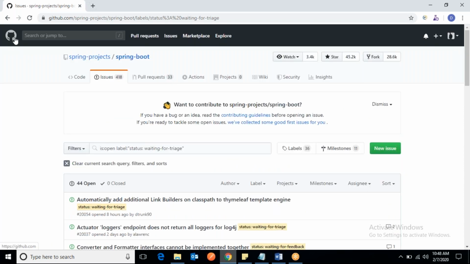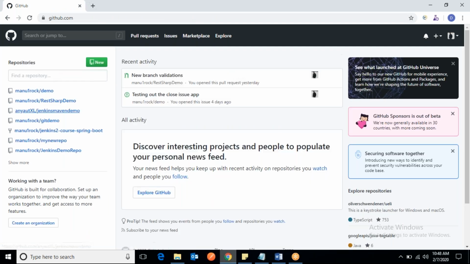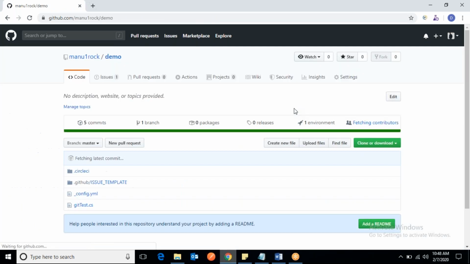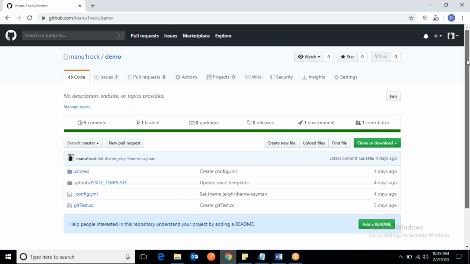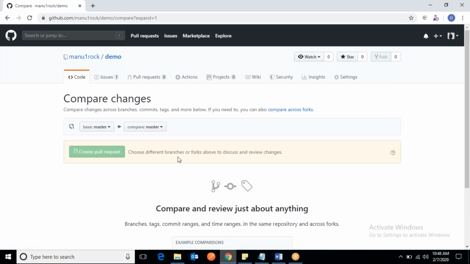So let me go to my branch, my repository. If I want to create this, I think I need to create a branch here first.